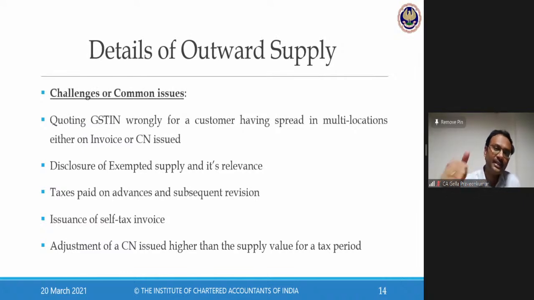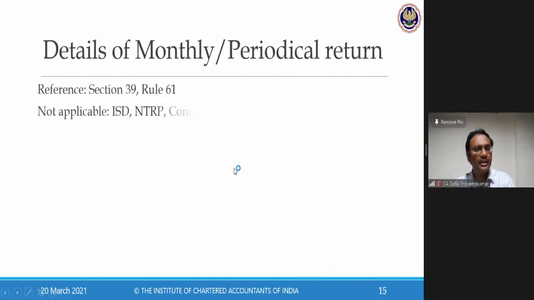Second aspect, exempted details. As I said, the credit side of P&L. We forget to bring that credit side of P&L into my GSTR-1. If it is discount received, interest income, insurance, whatever comes into the credit side of P&L as income or miscellaneous income, or sale of immovable property, non-GST supply, bring and show that. Look, during this month, I sold an immovable property for 30 lakhs. This is my non-GST supply. In table 8, show that as my exempt or non-GST supply. These are a couple of issues which are relevant for us to understand.